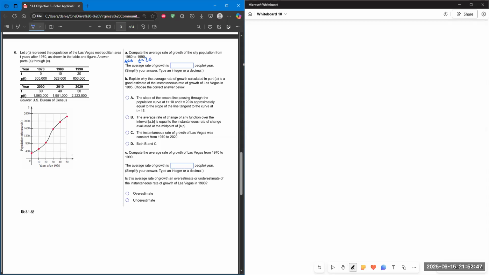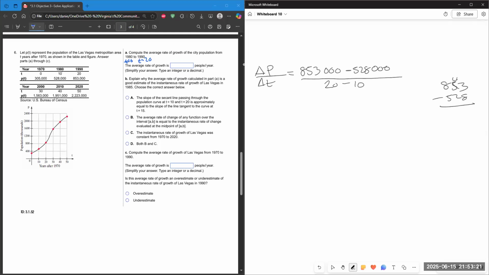So this is the average rate of change: 853,000 minus 528,000 over 20 minus 10. 853 minus 528 is 325,000 over 10. And so that's 32,500